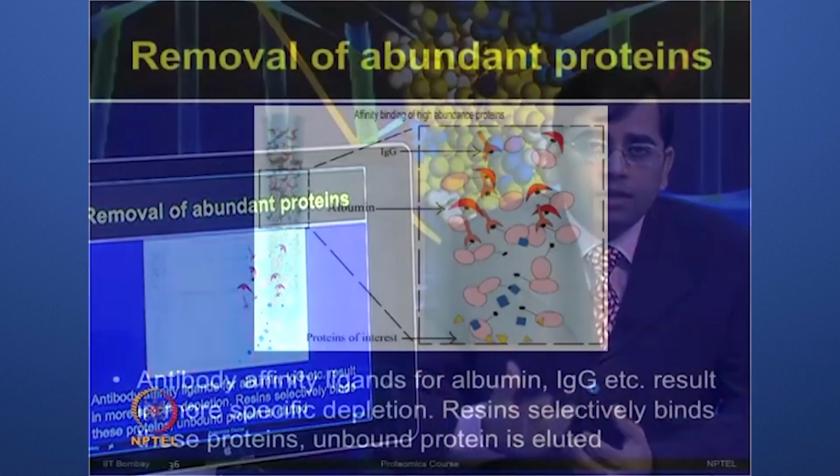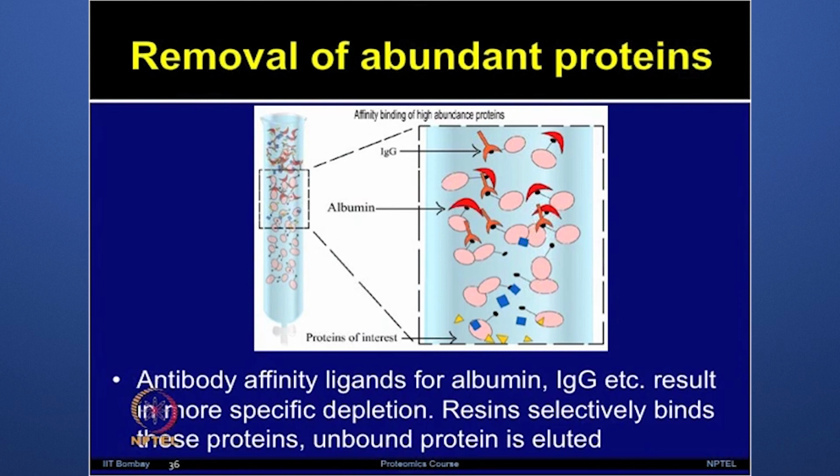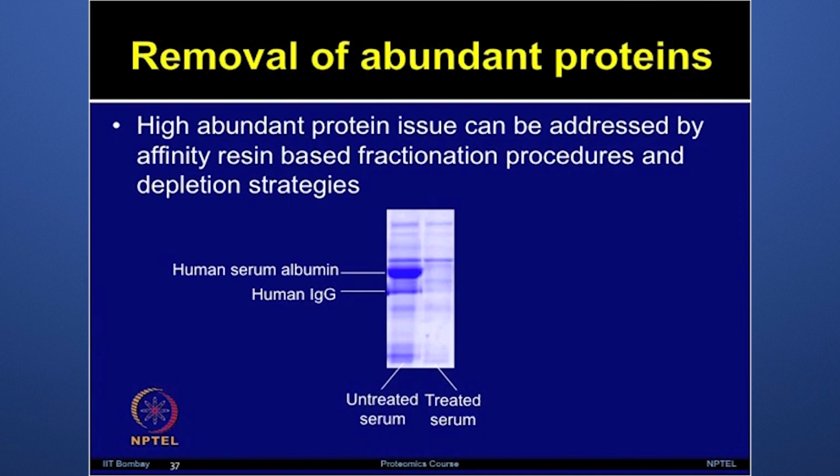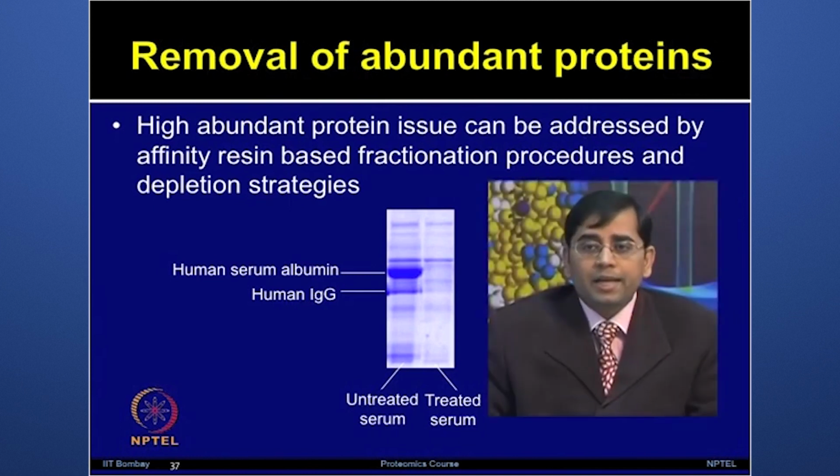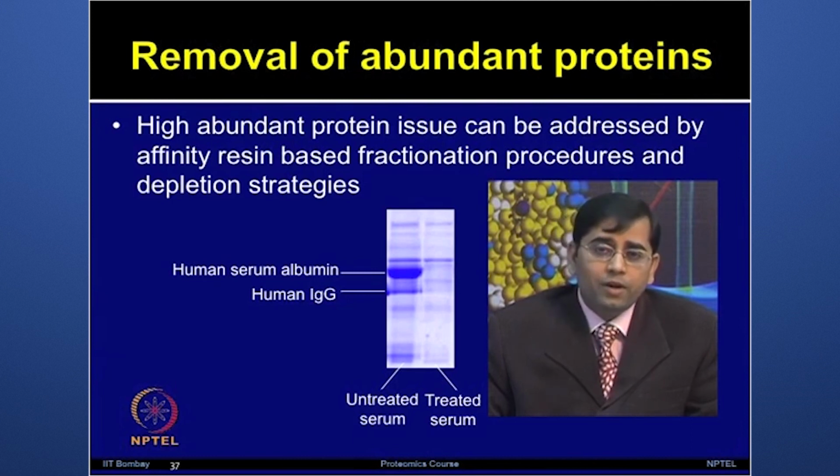So, the affinity based methods ensure the specific targeting of albumin, IgG and other specific abundant proteins. The antibody affinity ligands are used for albumin, IgG and other abundant proteins, and it results in very specific depletion. These resins can selectively bind to these proteins, and unbound proteins can be eluted in suitable buffer. By applying the affinity resin based fractionation method and different types of depletion strategies, one can get rid of the